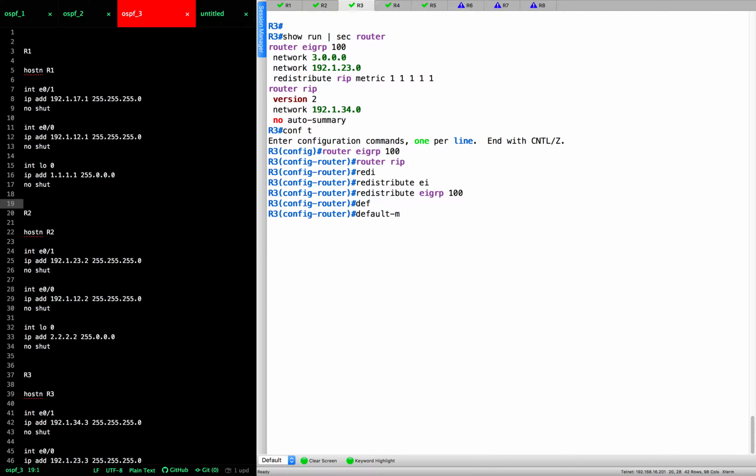You can do both of these in the same command as well. I'm just trying a different way of doing it. So this does the task, right? When you're redistributing anything inside RIP, it has just one metric, the cost, so I'm just putting one number. Here we were redistributing RIP inside EIGRP, and EIGRP has 5 metrics, and that's why we put in 5